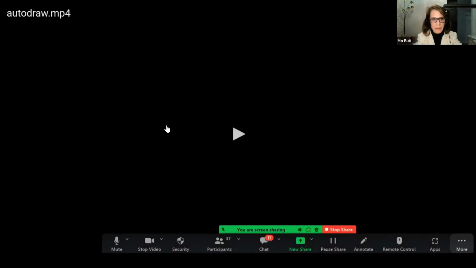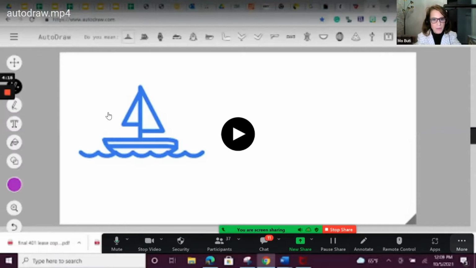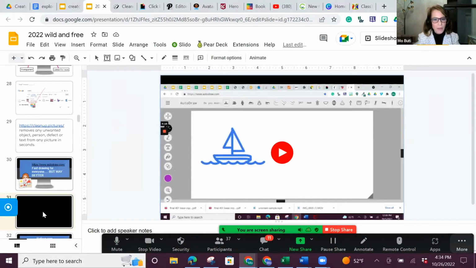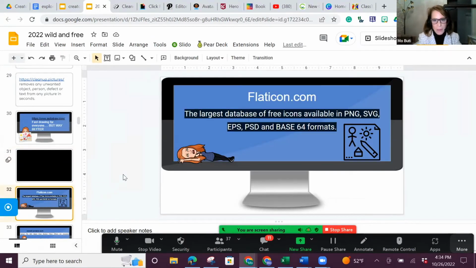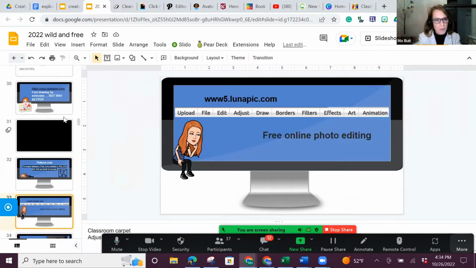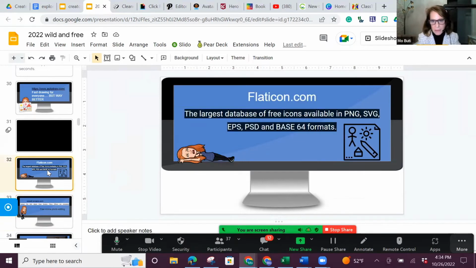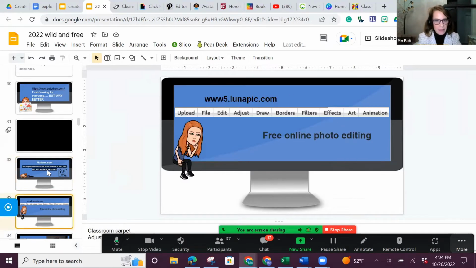All right, so, autodraw.com. We won't look at this one, but this is just a bunch of free icons, flaticon.com. And this, I do like this Luna pick because it does this great edit and adjust where you can actually take,